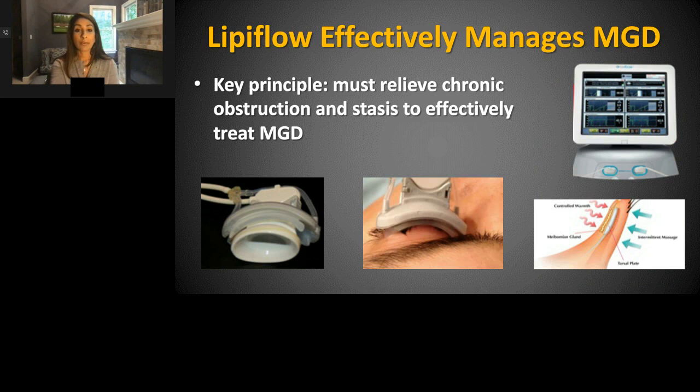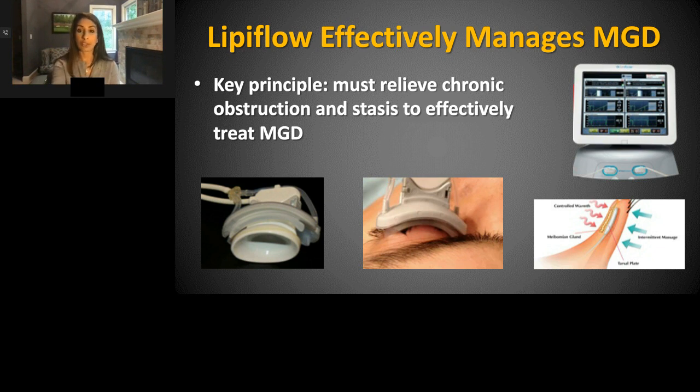So focusing on LipiFlow, the reason why I like LipiFlow is that the device looks very simple, but it's actually quite scientific. The device goes underneath the eyelids and it vaults over the cornea. There's actually a resistor, so no heat is exposed to the cornea. And then the device precisely places pressure, all while it's continuously being heated to 42.5 degrees Celsius. That vectored pulsation drives the liquefied secretions from the meibomian glands out of the gland